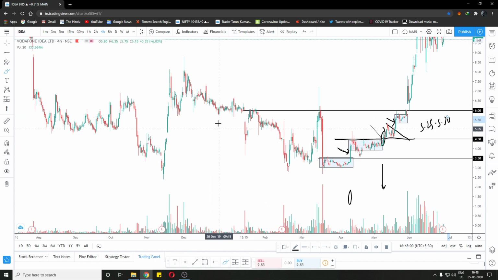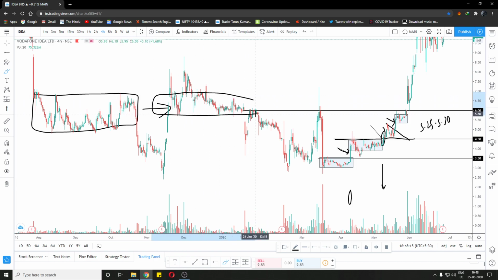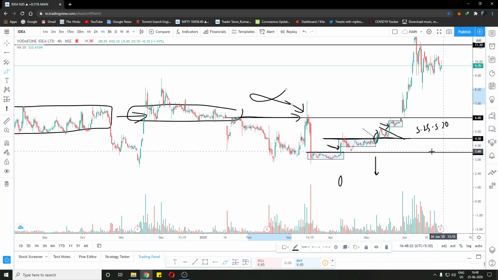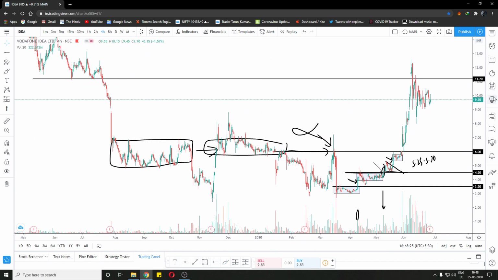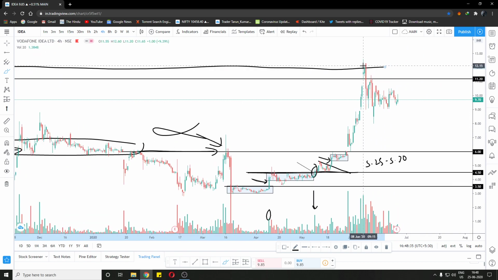And one was that all the other resistance and support levels are already traded, because if we see this accumulation, then this accumulation is also traded, and this accumulation, this is also rejected once, as you can see, and now there is no more resistance anymore, and the next resistance is directly at the upper level, because this was our earlier support, as you can see this area, and now this becomes our resistance, and then we fell from this level.